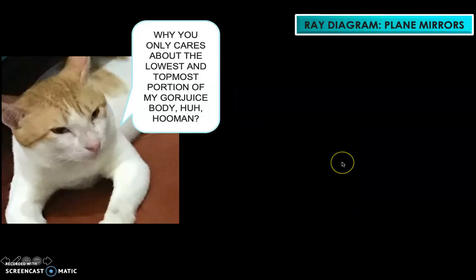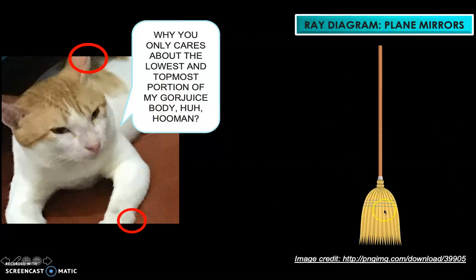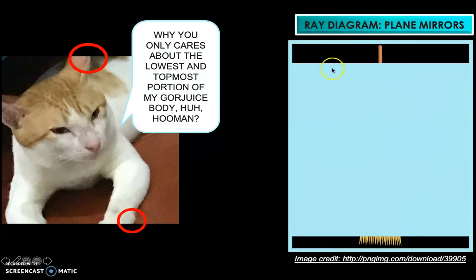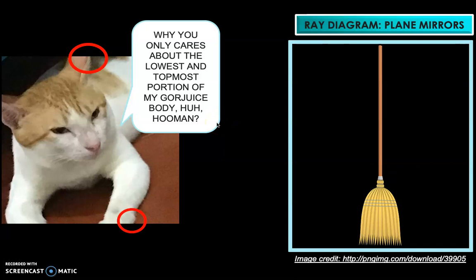So at this point, I'd like to clarify how come, for us to identify Pochi's image in the mirror, we only focus on these 2 points, the tip of his ear and then this lowest portion, which is his forelimb? Why did we only care about the lowest and topmost portion of his body? And then from there, we assume that the rest will follow as they are. So it's pretty simple. Suppose there is a broom, for example. If it's inside a cubicle, or a cabinet or something, and I see the handle on the top and the fibers at the bottom, even if I don't see the stuff in the middle, I can deduce that the broom itself is